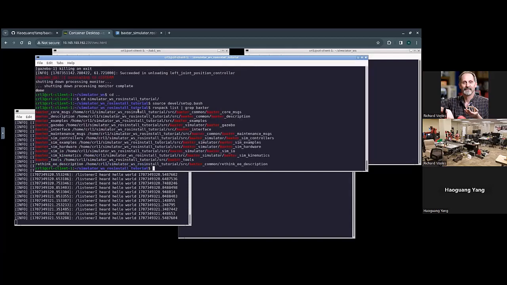Also, take note that we are in a different workspace than the previous one. So all the packages inside this workspace are isolated from the previous one. After sourcing the devel setup.bash of this workspace, it only sees the packages residing inside this current workspace and